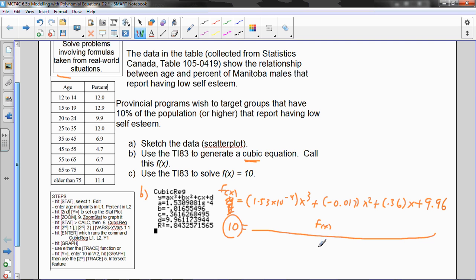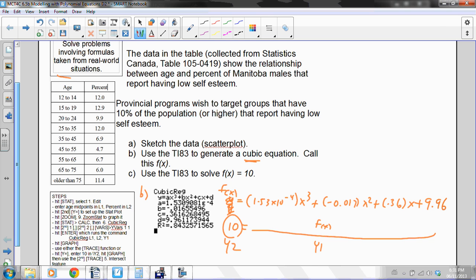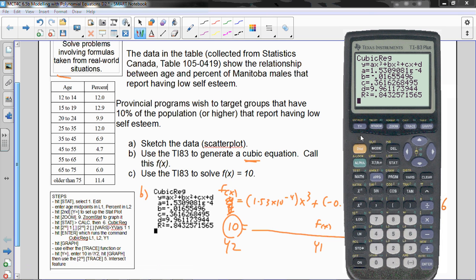Well, we know how to do this. This side we're going to put into y1, or already have, and this side we'll put in y2 is 10. So when I press y equals, there's that big, long, crappy cubic equation. I'm going to put into y2 10. And when I press graph, there's my cubic function. And I can see it fits the data pretty well. And there's the 10%